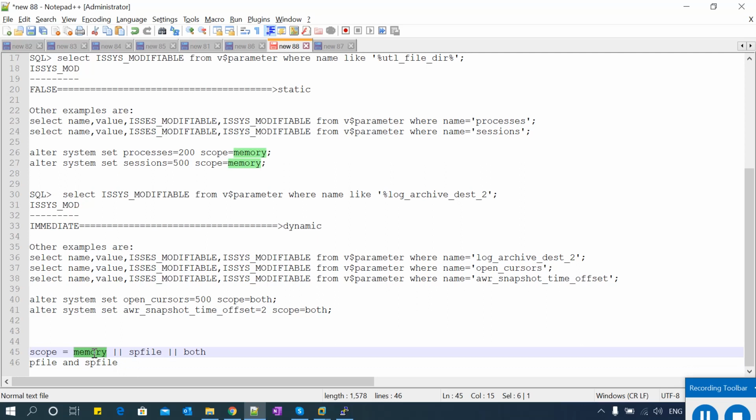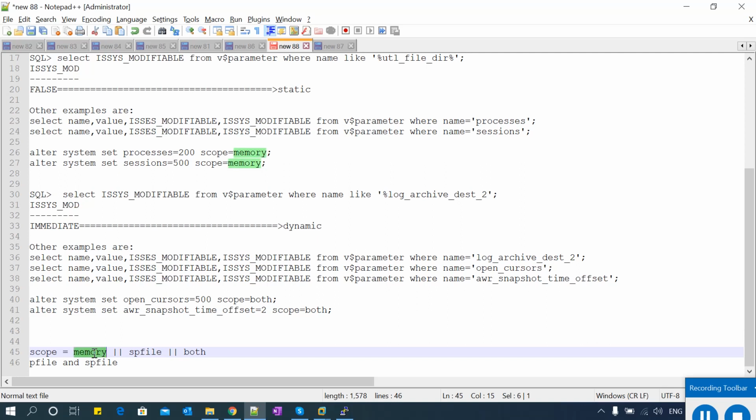Memory means if you are using a p file, memory is not possible. If you're using sp file, memory is one of the options, so you can change it temporarily for your particular sessions. Once the database bounce is done, that parameter will be reset back to the original value.